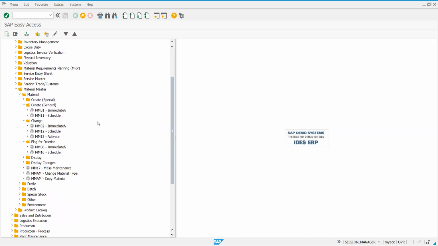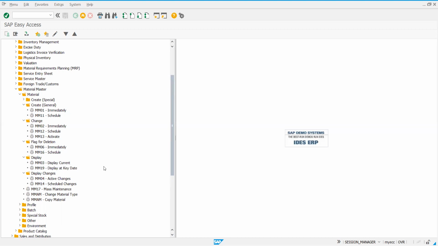Write down these T codes. MM01 to create, MM02 change, MM03 display, MM04 display changes, then MM06 flag for deletion.